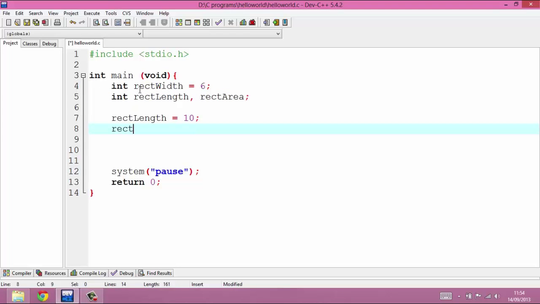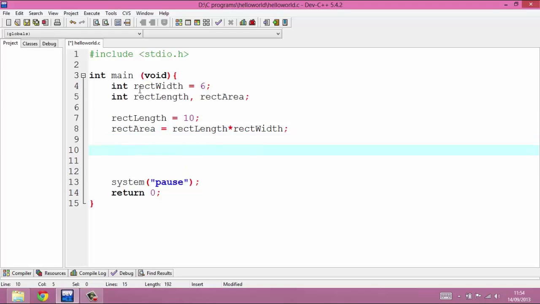Now I could then say rect area is assigned rect length multiplied by, and we use the star for multiply, rect width. I must put a semicolon at the end of all these statements. You'll have noticed that I haven't specifically mentioned it in any of the previous videos, but I do it at the end of each thing, and it'll be a common error that people will have. It's kind of like a full stop, and you must put them at the end of each of the statements that we make. I'm going to use the printf that we learned previously,